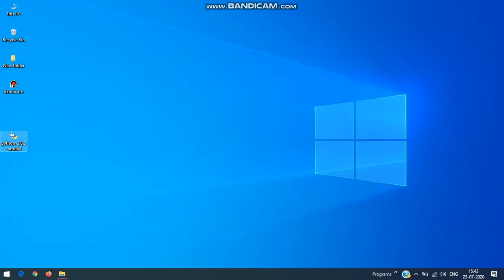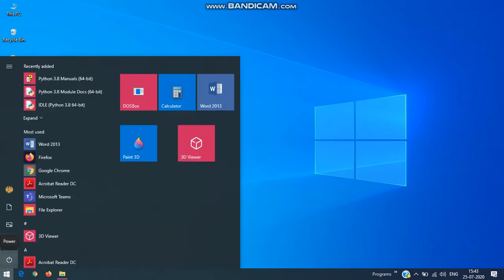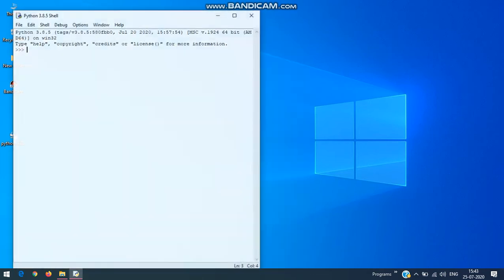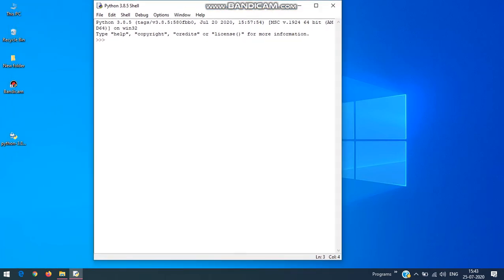Close this button, and now if you want to open the Python script, click the start button and type IDLE. IDLE is the screen where the Python editor window can be opened. Click on this. Yes, a new screen like this will be opened, similar to the command prompt screen, where we can type simple programs or simple expressions.